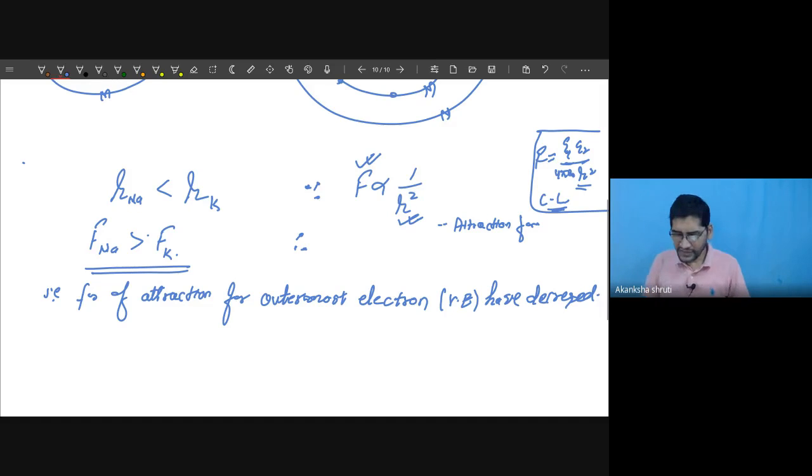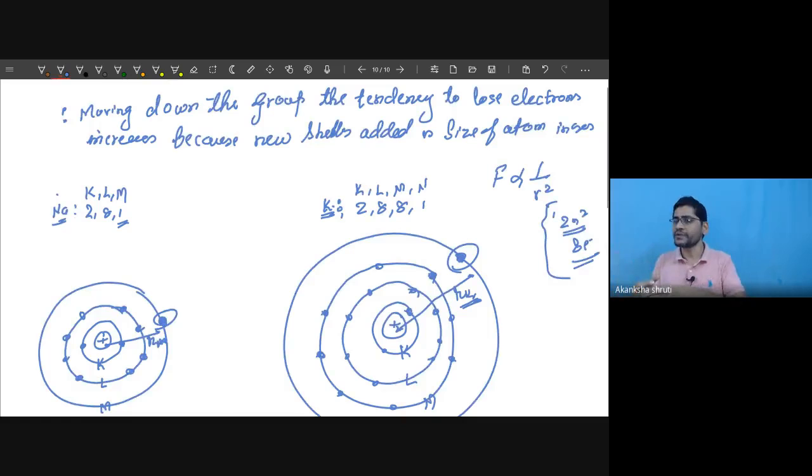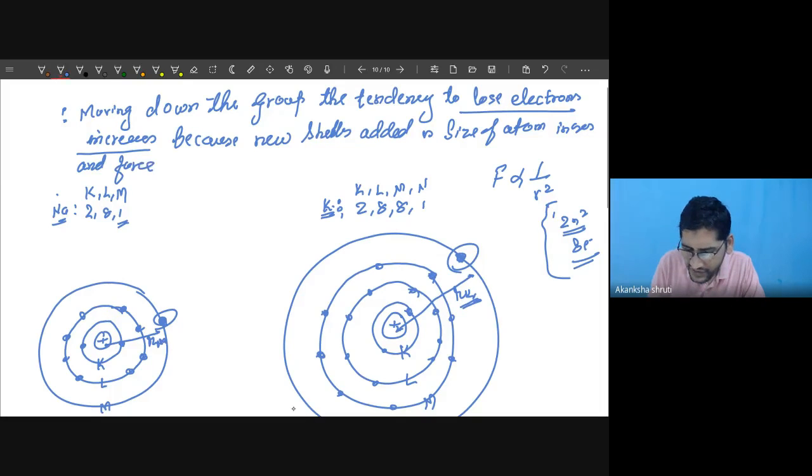Now, when the force of attraction has decreased, the outermost electron can easily be removed, or this atom can easily lose its outermost electron. Okay, so that's why we have written: moving down the group, the tendency to lose electrons increases because new cells are added, the size of the atom increases, and the force of attraction